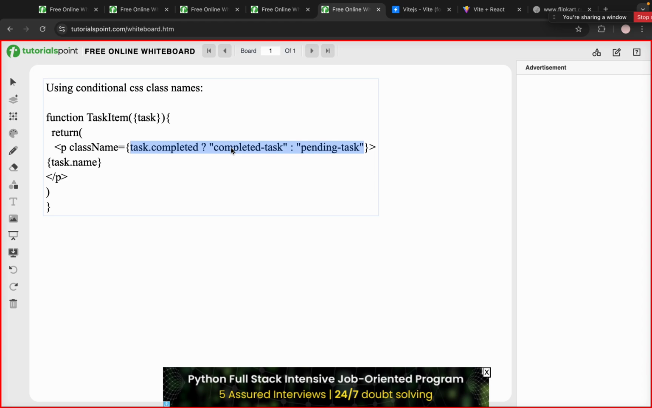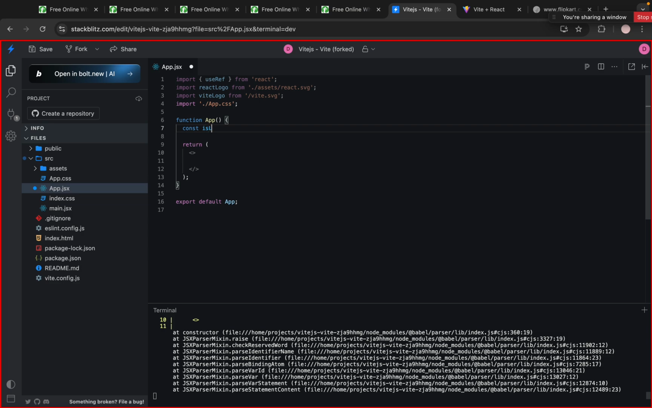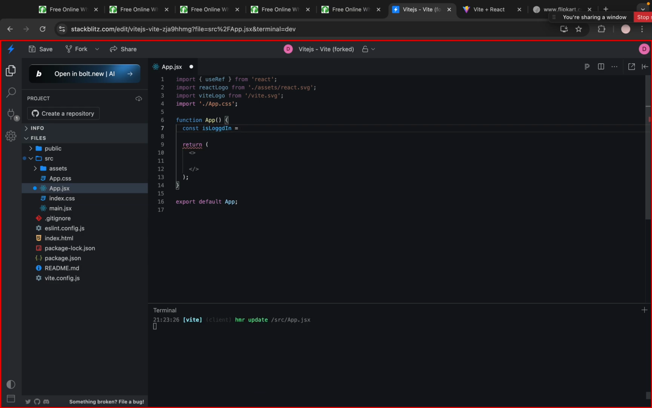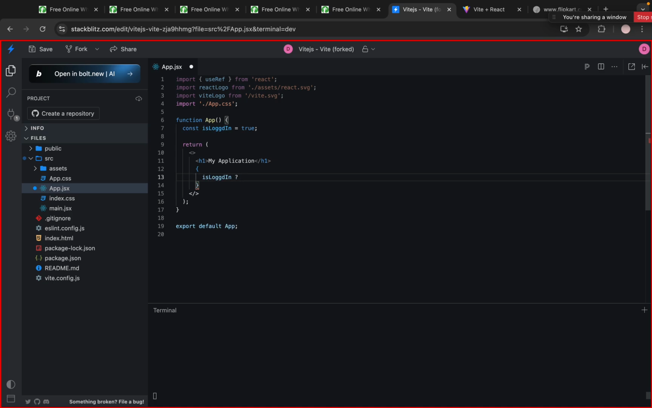Okay, so we can create one simple thing here. So this is the app. Here I will create one thing: isLoggedIn, and I will make it true. So basically this is my application. In this I have to add the condition, in the sense I have to use the curly braces. If it is logged in, then I have to show